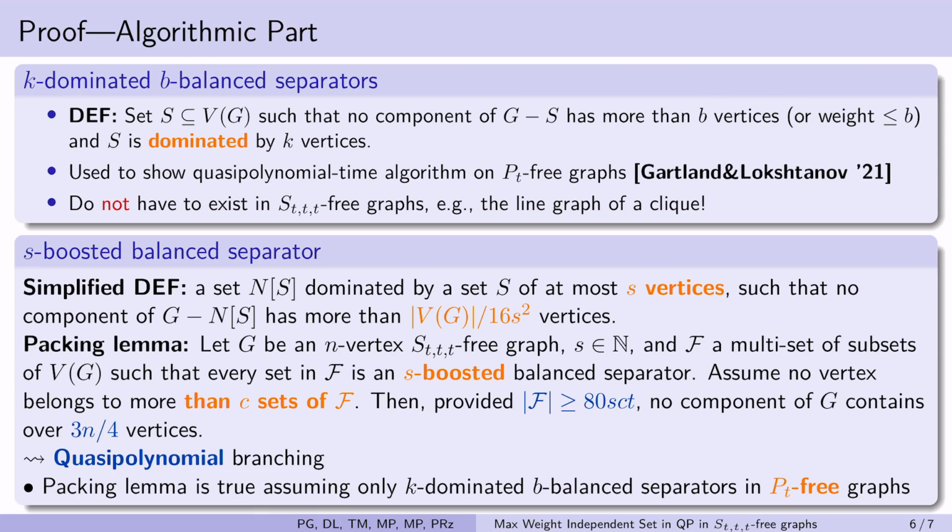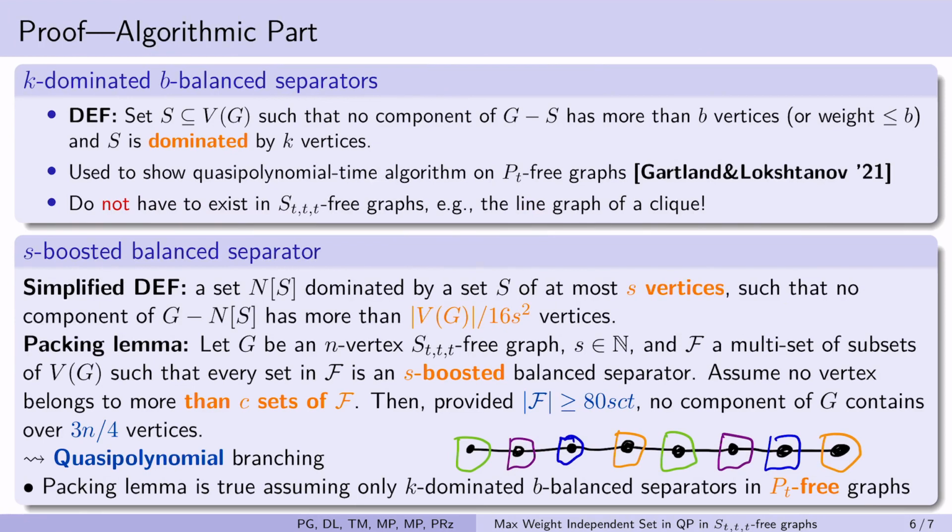Why am I saying it first without telling you what S-boosted balance separators are? Because a similar statement was true and was shown for PT3 graphs, where we just could replace boosted balance separator, our new term, with K-dominated B-balance separators, and that was how the original proof was done by Gartland and Lokshtanov. But actually, this is not true anymore for those K-dominated B-balance separators, because, for example, if you take a path, and